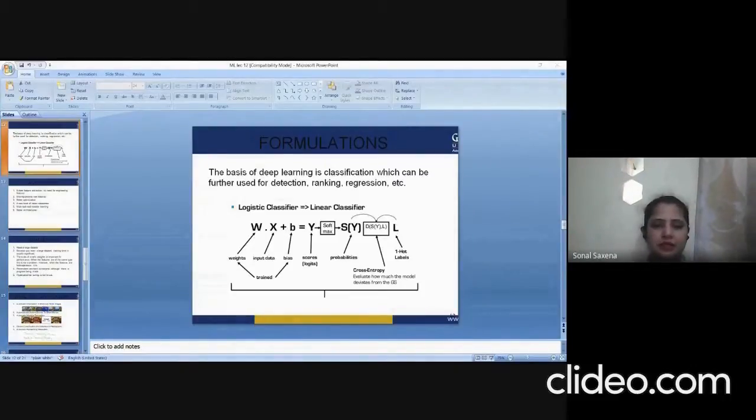DNNs are typically feed-forward networks in which the data flows from the input layer to the output layer without looping back. At first, the DNN creates a map of virtual neurons and assigns random numerical values, or weights, to connections between them. The weights and inputs are multiplied and return an output between 0 and 1. If the network did not accurately recognize a particular pattern, an algorithm would adjust the weights. That way, the algorithm can make certain parameters more influential until it determines the correct mathematical manipulation to fully process the data.